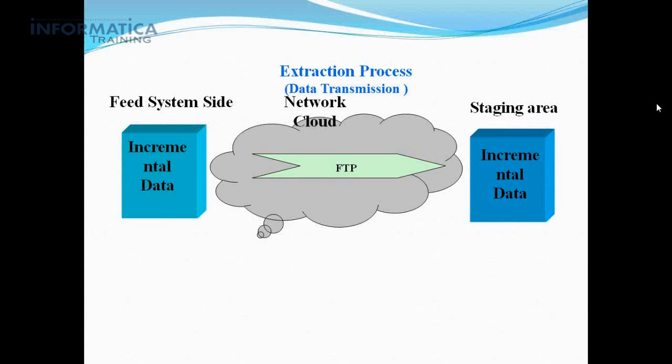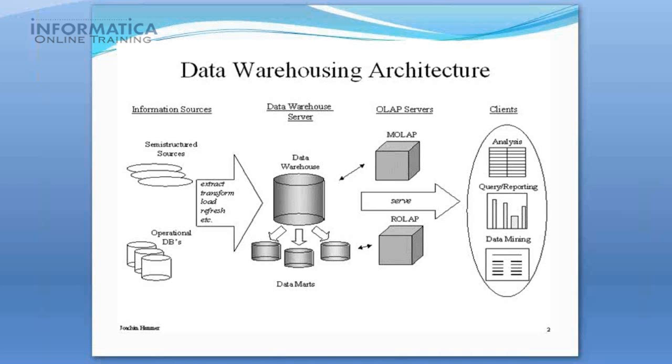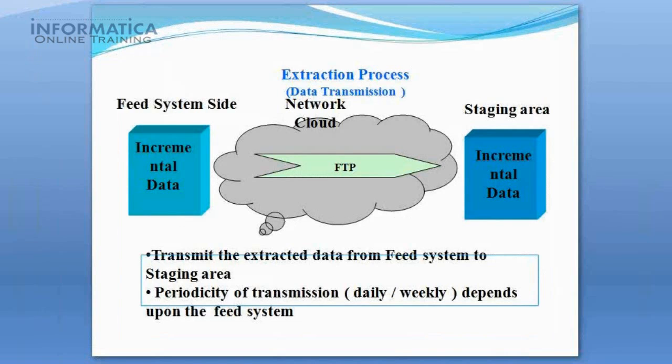At that time we can use the transformations which change the data, and basically those transformations will be done in the ETL memory. So when you go for this ETL process,